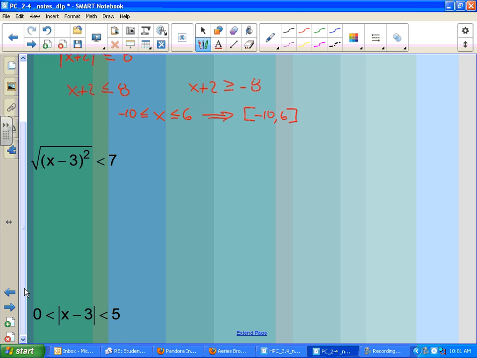Got the square root of something being squared, and it has to be less than. Look at that, hands are flying everywhere. David, you put yours down for a second. Does that mean you're thinking still? Still going to go with it? Yeah. All right, we'll let you go. Help me understand, why am I going to make an absolute value problem out of the square root of x minus 3 squared less than 7? Because when you square something,